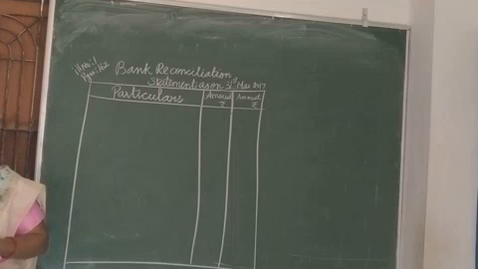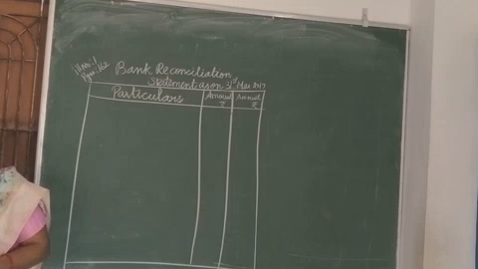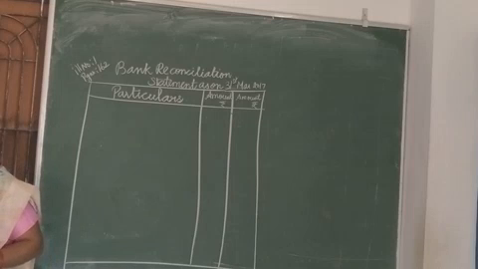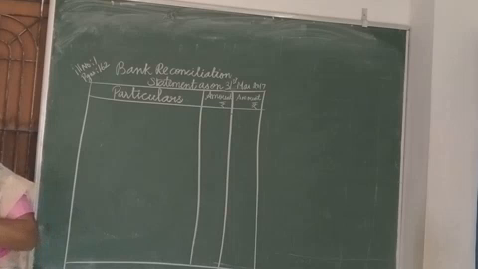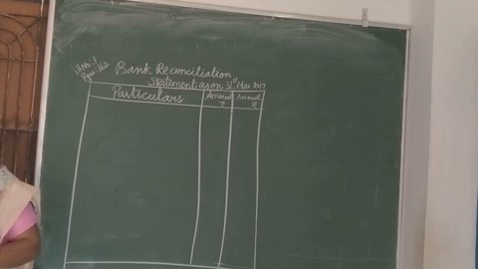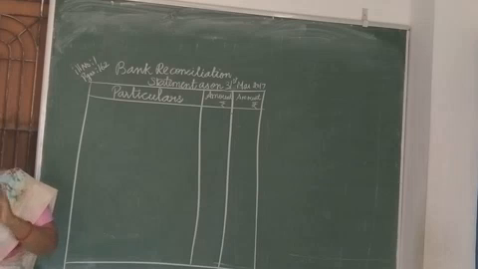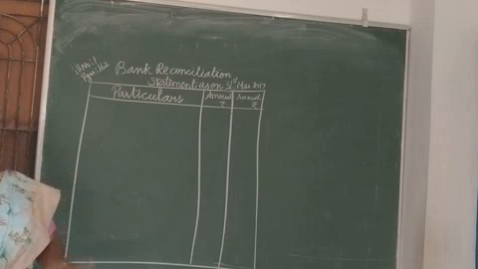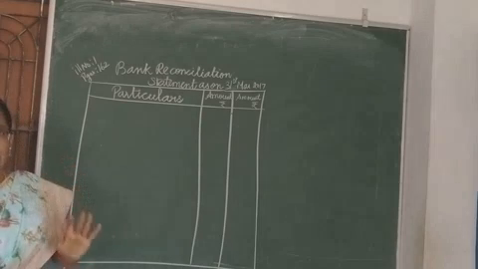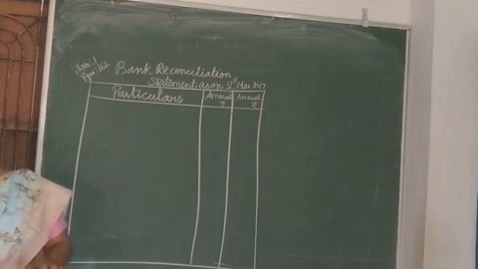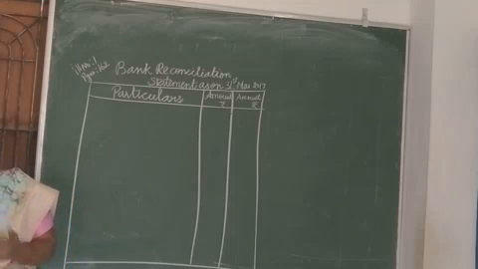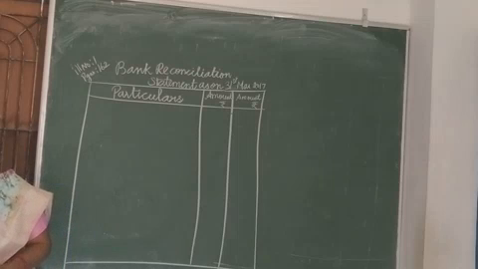From the following information, prepare bank reconciliation statement to find out the balance as per bank statement on 31st March 2017. See, the first red line they have given: when balance of cash book and bank statement is given. So, illustration 1, when the balance as per cash book is favorable. See, balance as per cash book they have given means it is a favorable balance. What we have to do? What are all the transactions they have given? Check deposited but not yet collected by the bank.